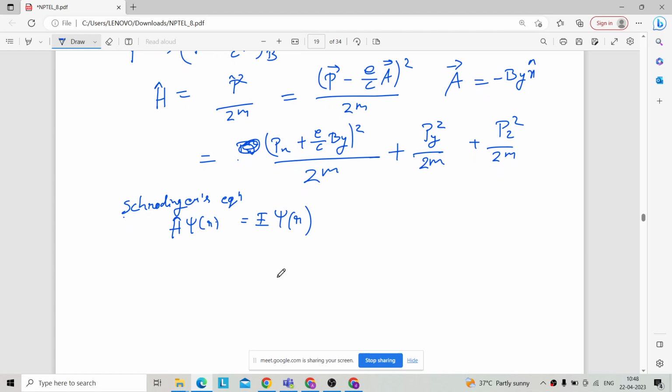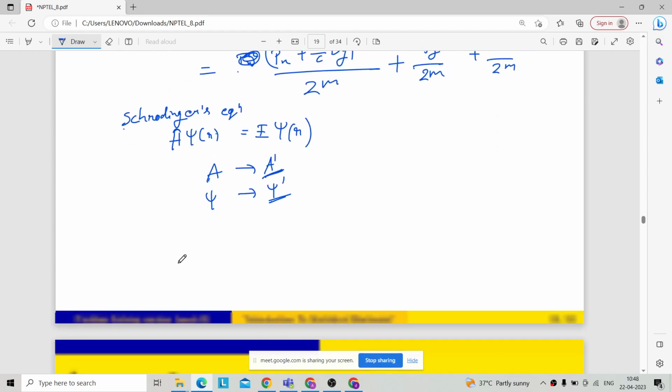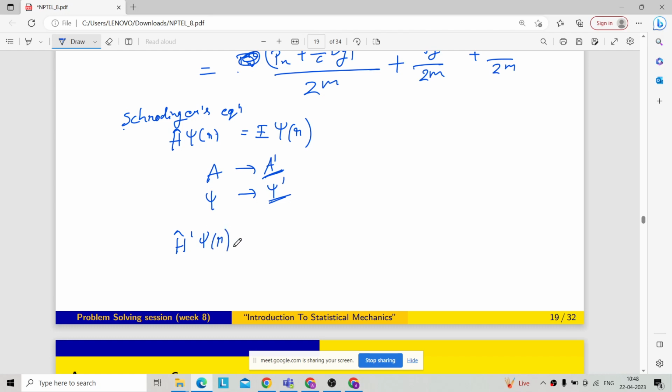Now I have transformed A to A prime and psi to psi prime. So in this transformed wave function and transformed vector potential, what will be the Hamiltonian? Oh, sorry, Schrodinger equation. So it will become H prime psi prime of r equal to E